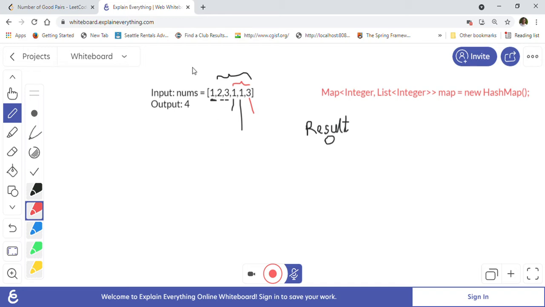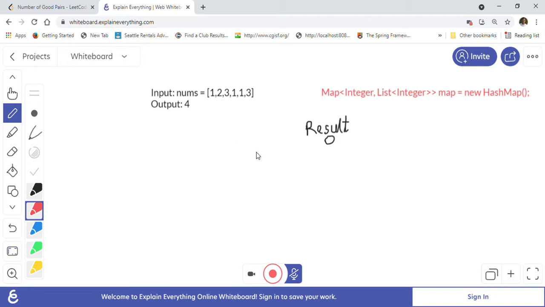But if you go this way, then your solution is order of n square, right? Because you are traveling the array every time to find the good pairs. So it is O(n^2). The reason I'm creating this video is that I wanted to show you the O(n) solution for this problem. So let me take this back and we can consider the array again. This is the array that is given to us.